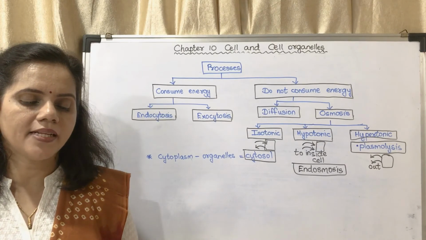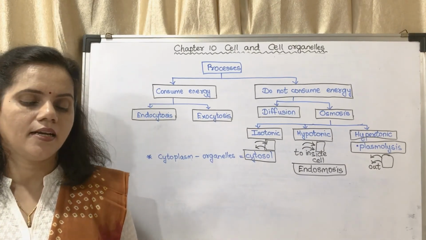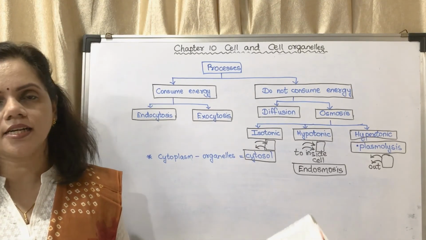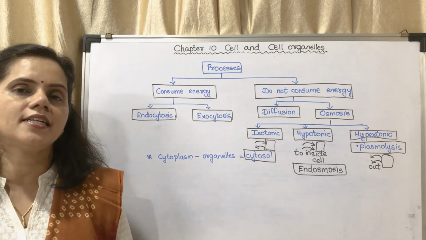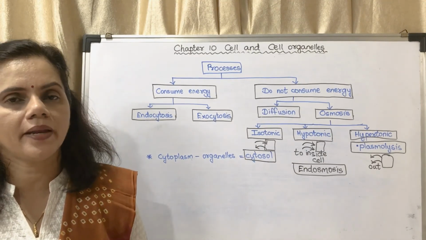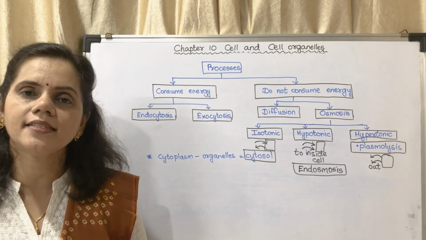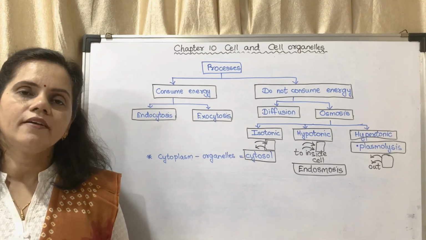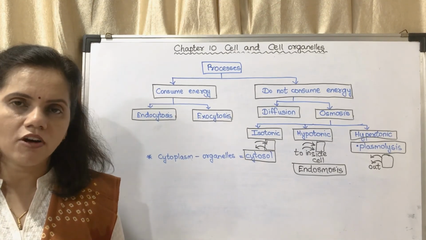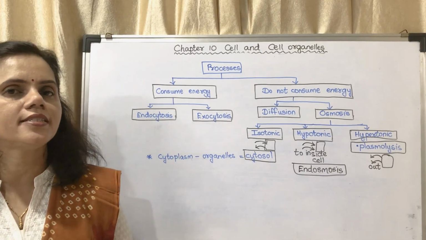In animal cells, cytoplasm is more granular than in plant cells. It is thin in case of plant cells. Next is cell organelles. What are cell organelles? The organelles like nucleus, mitochondria, endoplasmic reticulum, Golgi complex, which are present floating in the cytoplasm, are called cell organelles. So today we have studied the different components of the cell. First is cell wall, next is cell membrane, third is cytoplasm, fourth is cell organelles.